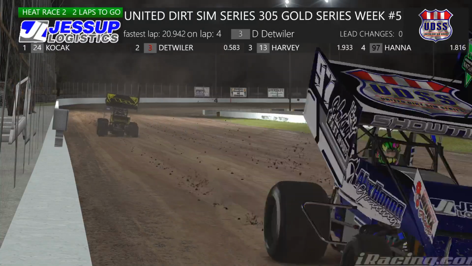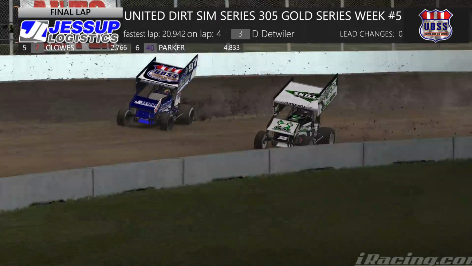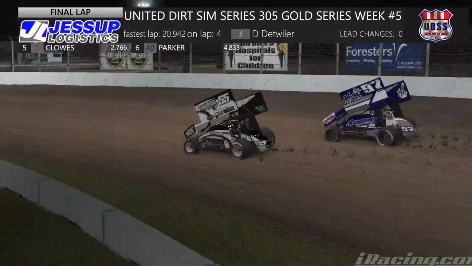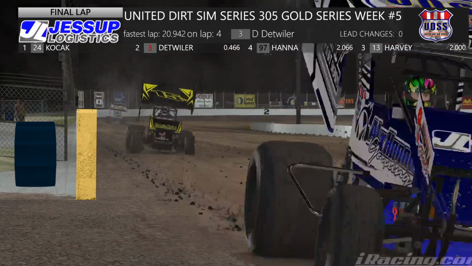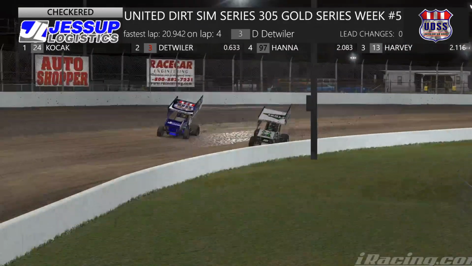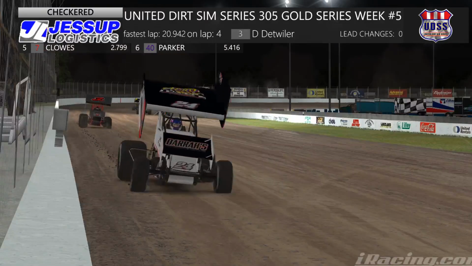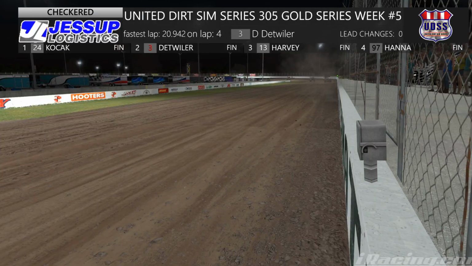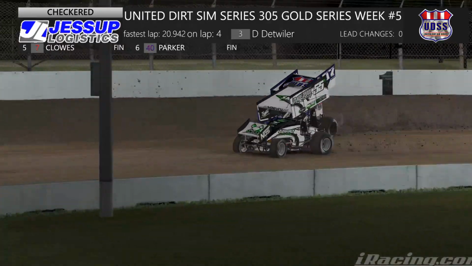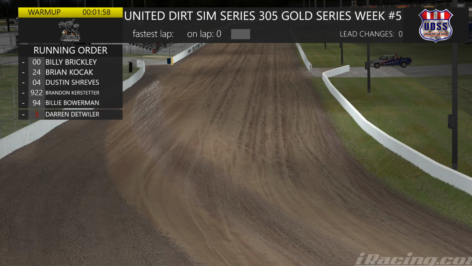2 laps to go. Winding it down to about 1.5 as of now. There's the battle for the transfer spot. Alex Hanna on the top side, going down the back straightaway. Hanna still working the outside. Harvey on the inside. Harvey's going to bring up a little slide job right in front of Hanna. Hanna's going to go back underneath him, coming out of turn 4 down the back straightaway. Front straightaway. And that is it. The final. The running order is going to be...